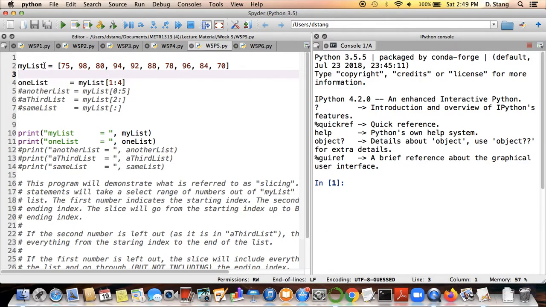Again, we have my list defined up here. On line 4, we have one list, another variable name that will also be holding on to a list of numbers. That is being set equal to my list, which corresponds to this up here, bracket. Now instead of having one number in the bracket, we actually have two numbers in the bracket, and the two numbers are separated by a colon here. The way that the computer is going to read this is it's going to